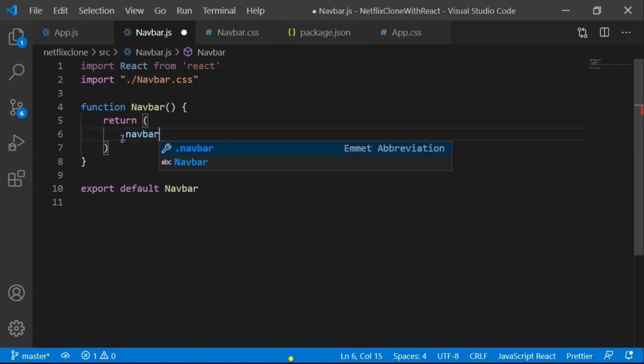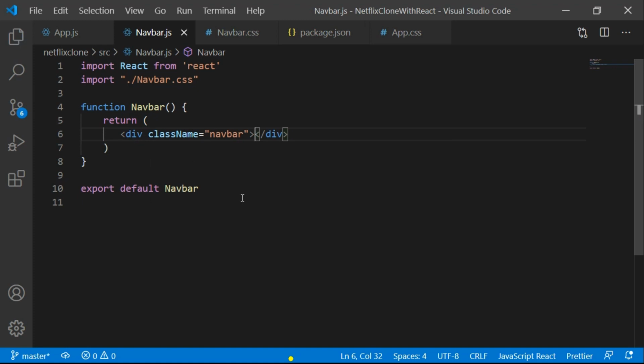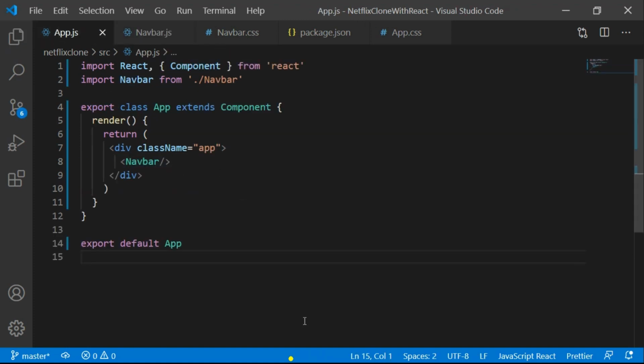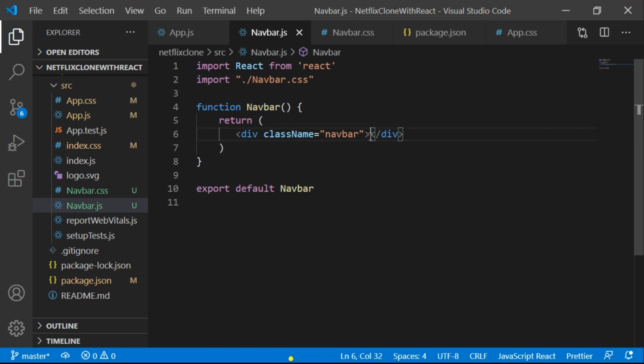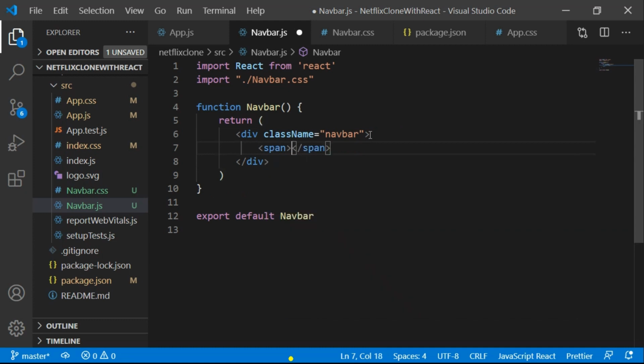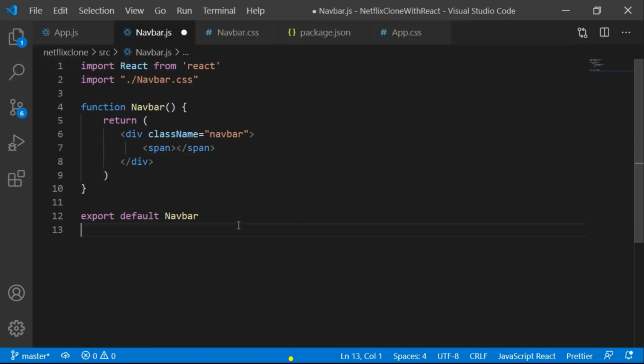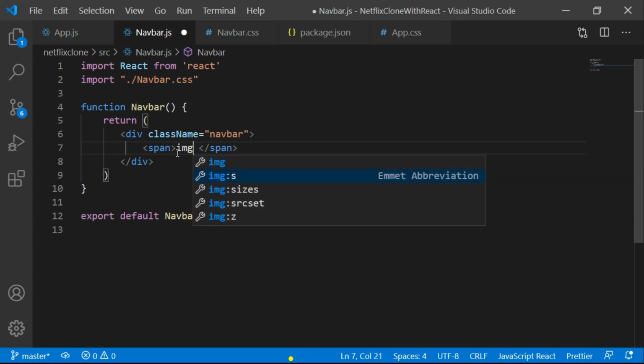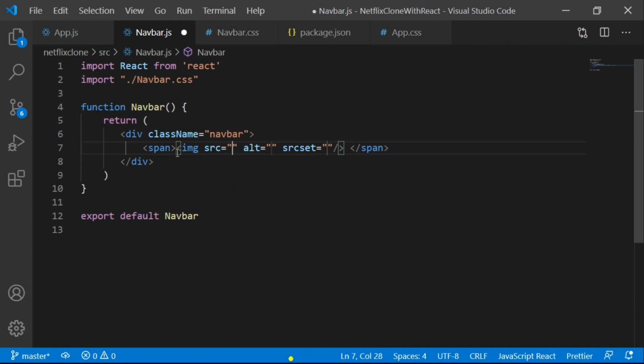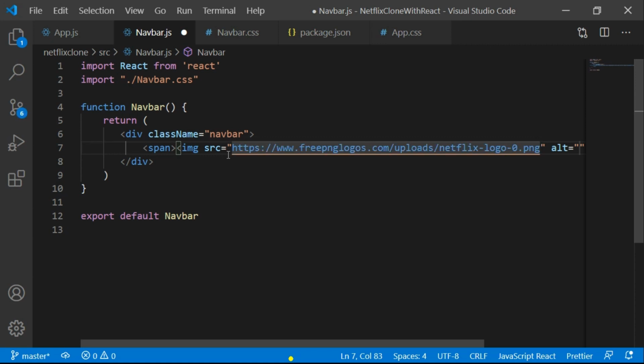And let's go inside navbar.js, and you can simply add .navbar. So it is going to add a div with a class name as navbar, and that should always be small because it's a class name, not a file name or a component name or something else. So hit enter and add a span tag here. Span tag can be used for keeping the display as inline, so it's really amazing. And we got this image tag inside it, which has image src, alternate source set. So the first thing I'm gonna do is paste the source link here, which I have copied. It is basically some Netflix logo here.